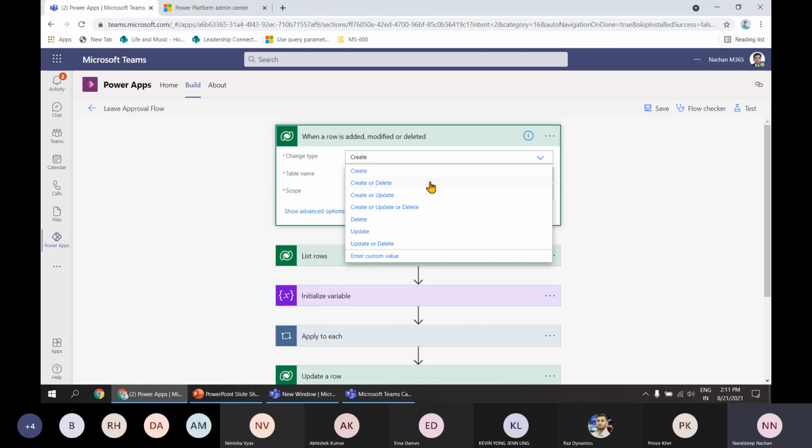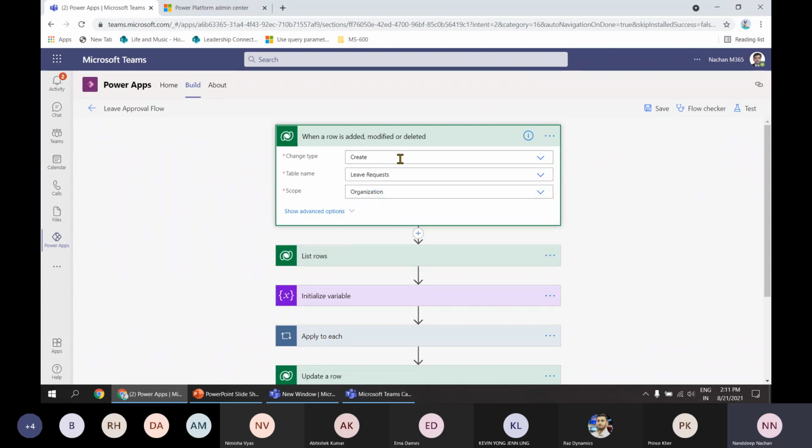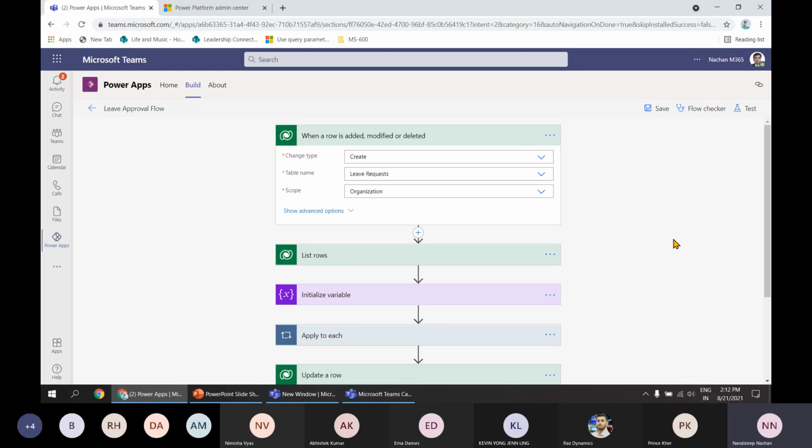So it could be a create, delete, update, any kind of triggering point that you want to use for this particular flow. The triggering point that we are interested in is create. So whenever a new row is created with a leave approval, we want it triggered, and then we want to process it further. Now that that particular leave has been added into the table, which is our leave request table,